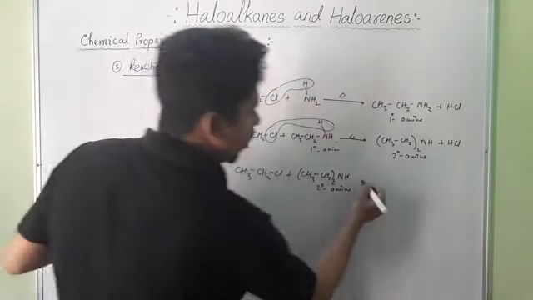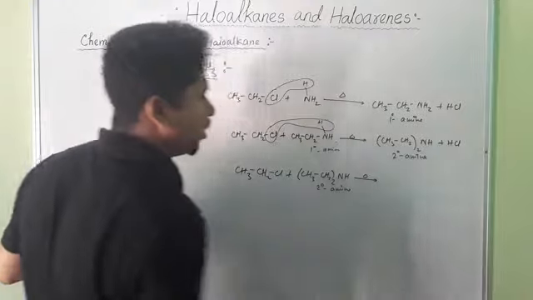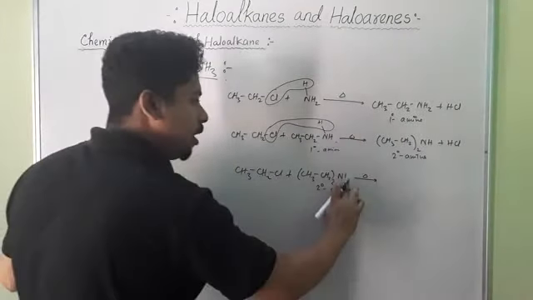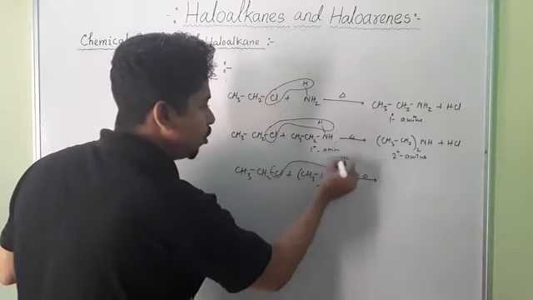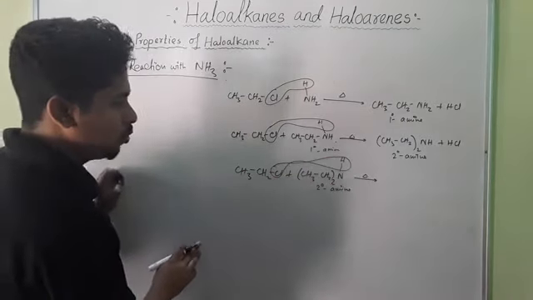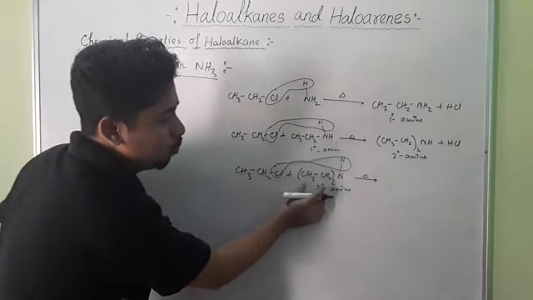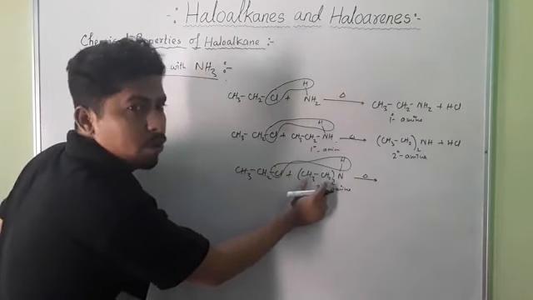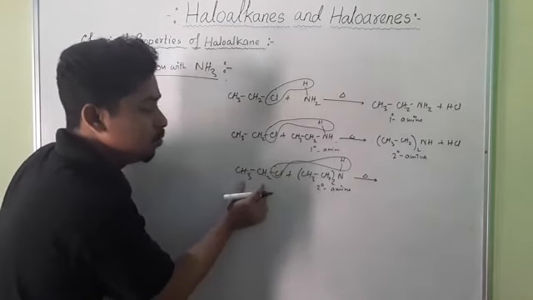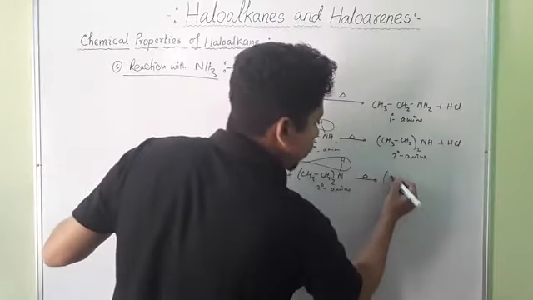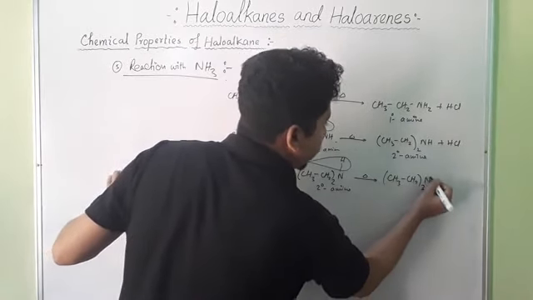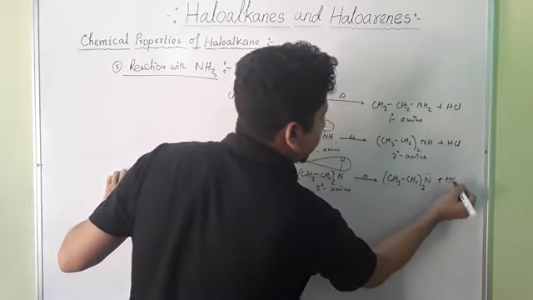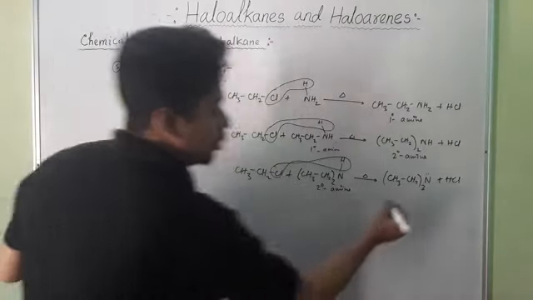Okay. So it will further react to produce tertiary amine. How? You see here we have this N-H. We can write N bond H. So one HCl molecule will be removed. So what are we left with? Previously we had 2 molecules of CH3CH2. Now it will attach another CH3CH2. So it will become (CH3CH2)3N plus HCl. So this is a tertiary amine.